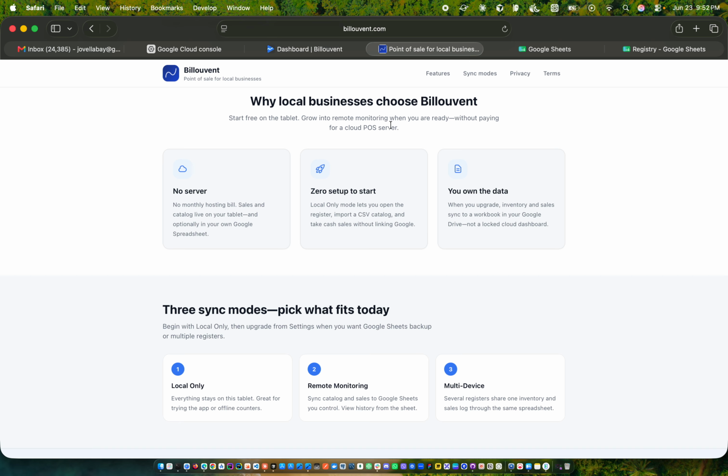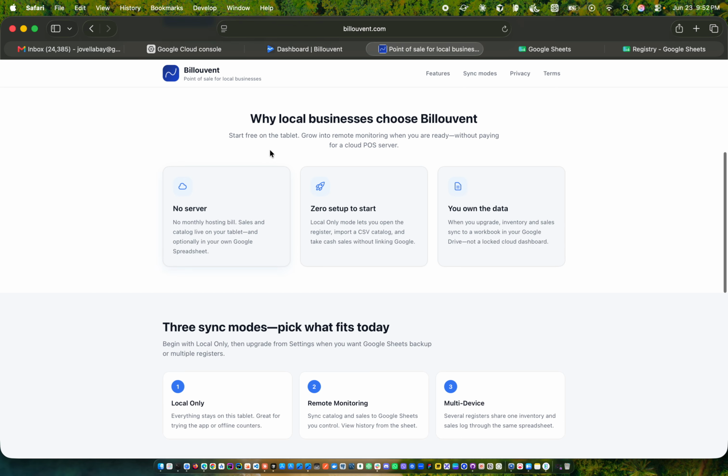Here in the Philippines there are so many local businesses in remote areas that do not have access to the internet. For their convenience, the first tier, the no server tier, is very effective for the growth of their businesses.